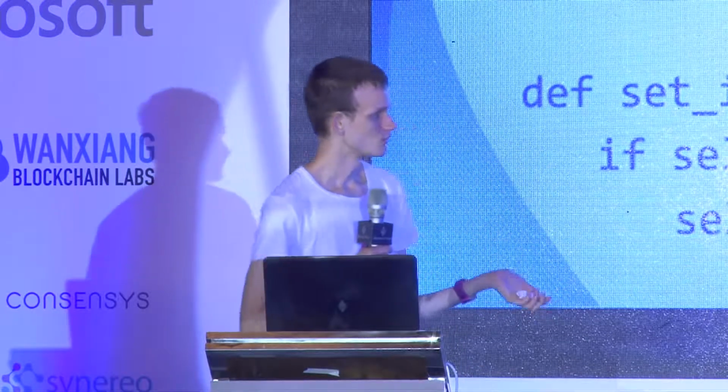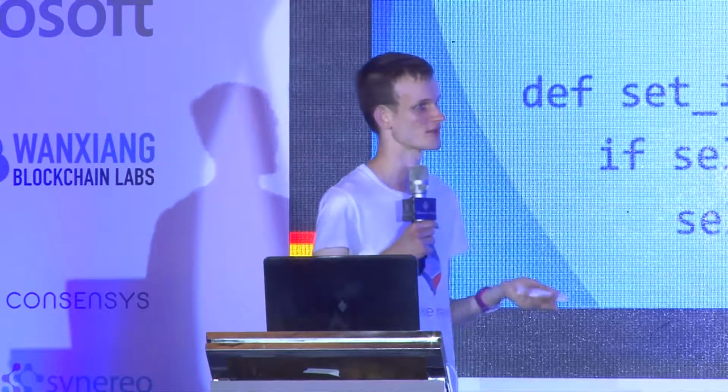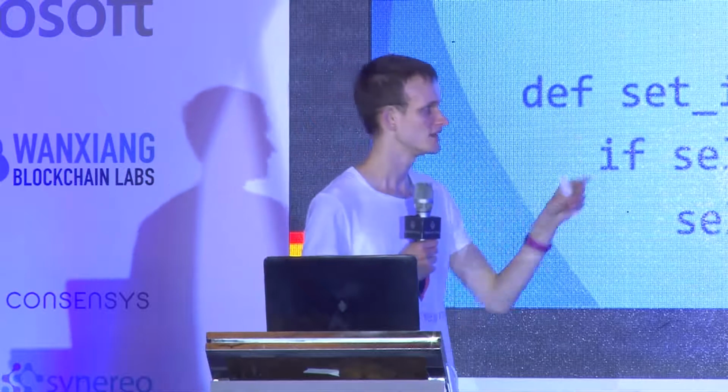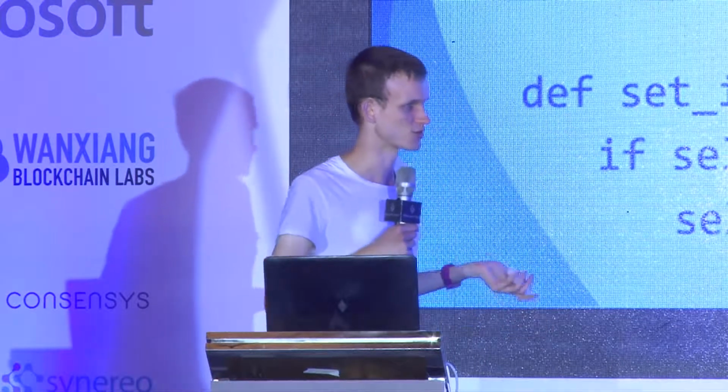Now, what can the transaction do? Well, it can try to register, or it can try to set the IP address. So let's say you want to register a domain. What you would do is, in the transaction, you would encode some information that says, I want to call the register function with some particular piece of data, like, I don't know, George.eth or whatever. Take this transaction, include this data, publish the transaction.